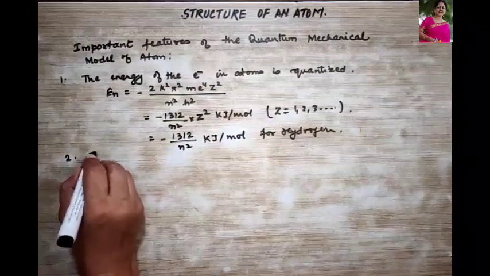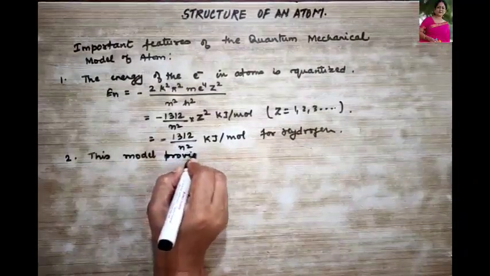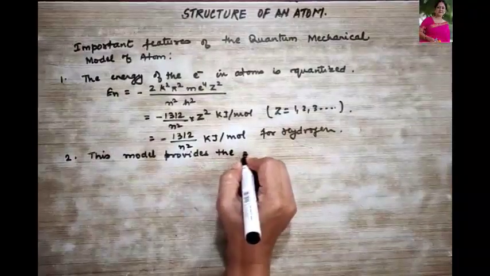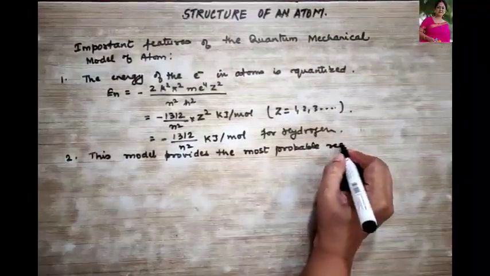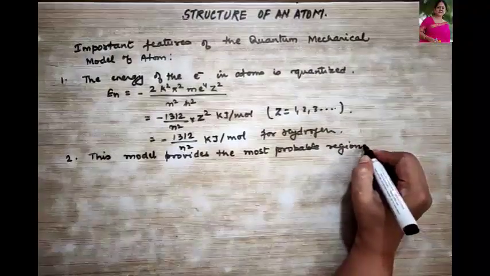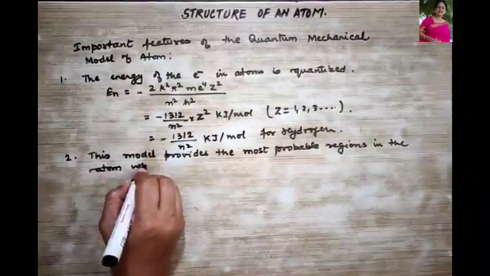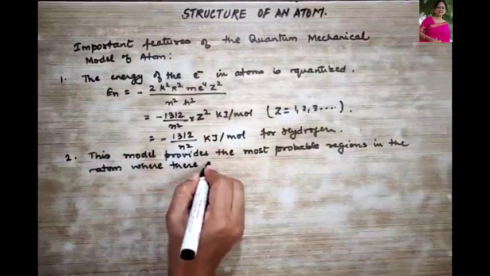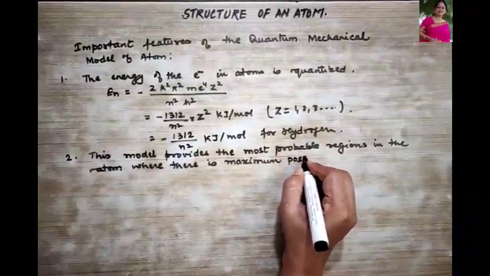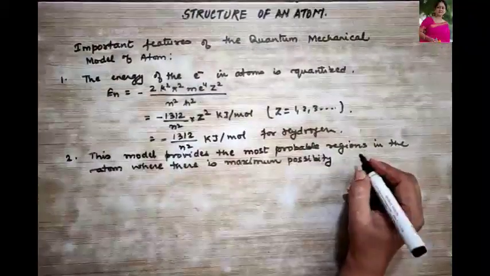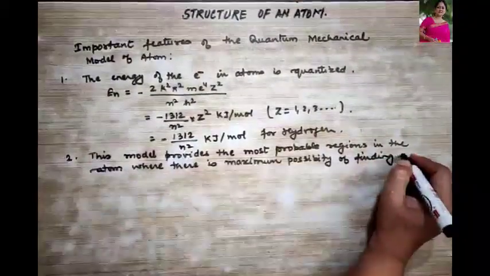So I write over here, this model provides the most probable regions in the atom where there is maximum possibility or probability of finding electrons. Okay,